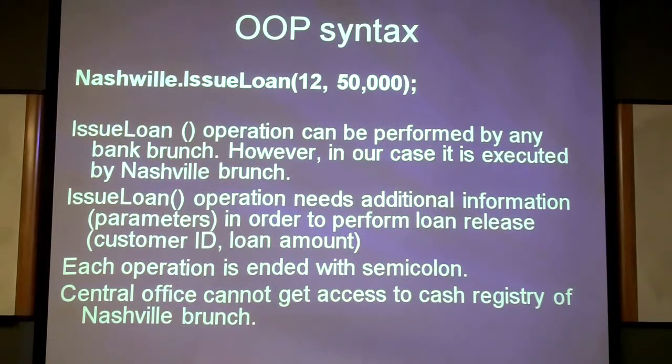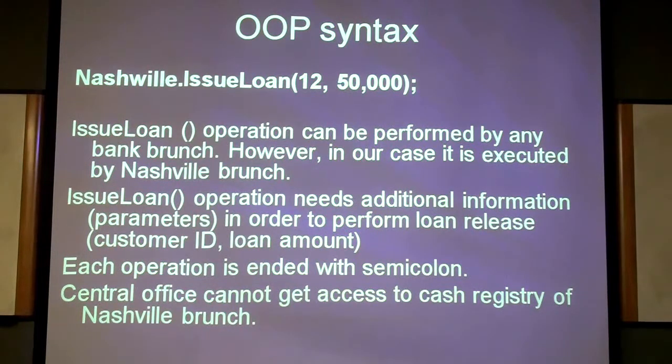Also, you may realize that in order to operate with these loans and other operations, in real life, a bank has also some cash registers at the bank branches, where a small sum of money is stored. So this is said to be private data, private information, which belongs to each individual bank branch. What it means is that if it's private, it does not mean it's not accounted for. It is counted, but the central office does not have direct access to the registers. So that's why it's called private data.